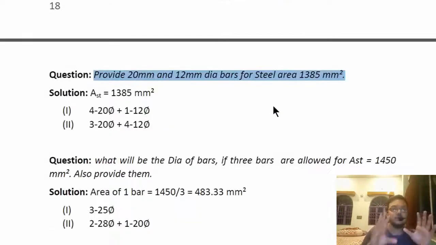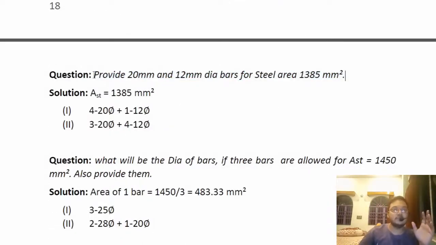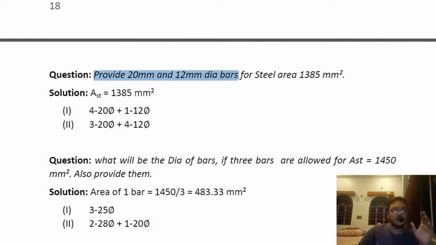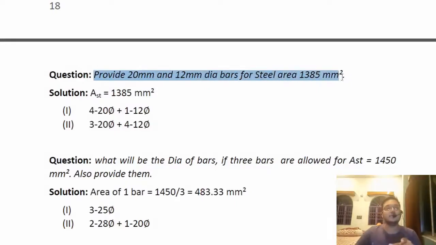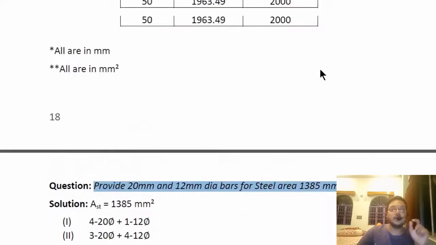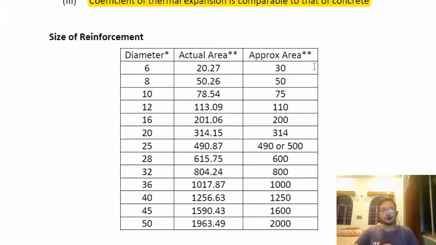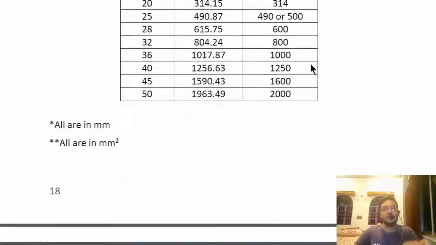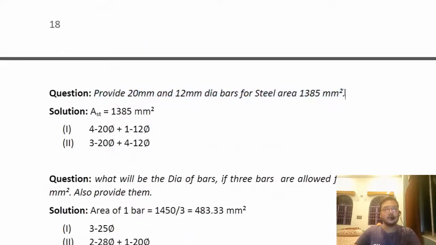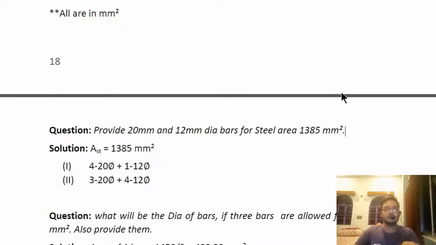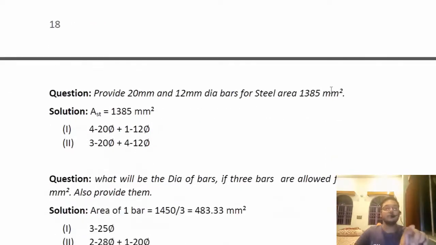Just give it a try to memorize most of the values. And secondly, now if you have this question, provide 20 mm and 12 mm dia bars for a steel area of 1385 mm square. So now you know the areas of these particular dia bars, you know the areas with the certain dias given, and one area is the total area of steel, suppose 1385 mm